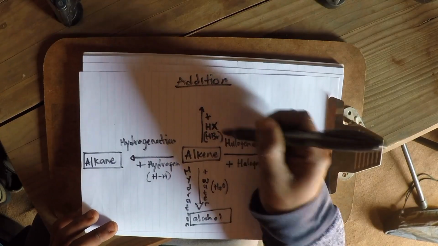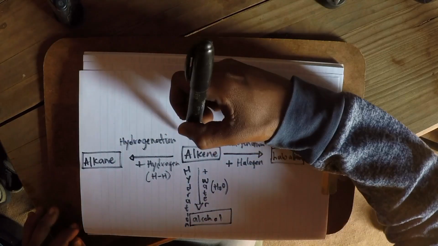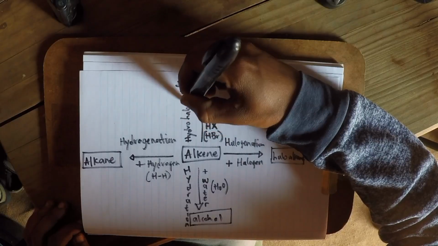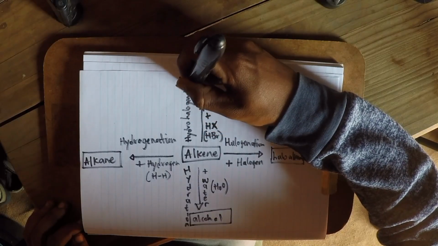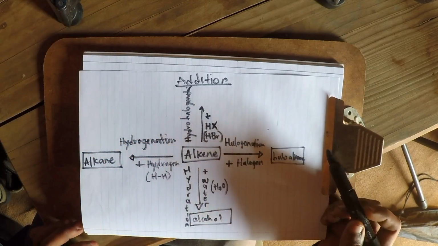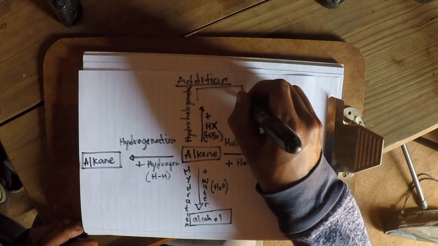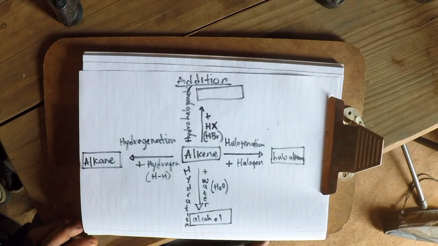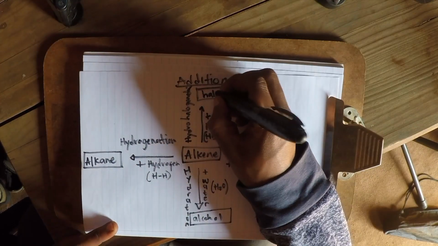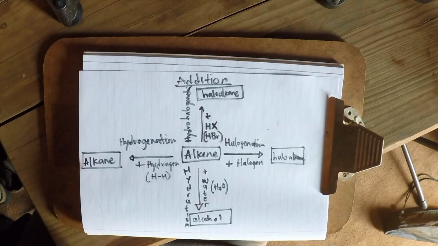X represents all halogens. The process is called hydrohalogenation. That's the process. Can you guess what the resulting product is when you add HX? You get a haloalkane. You see that? These are the processes that you can observe whenever you are dealing with